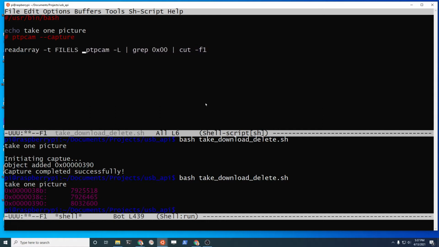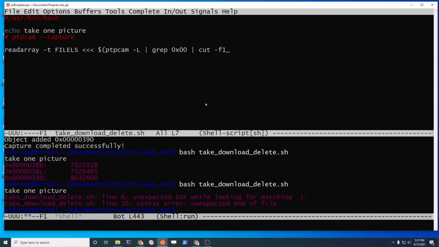So I'll create a variable, file_ls. Whoa, what happened there? Oh, forgot the